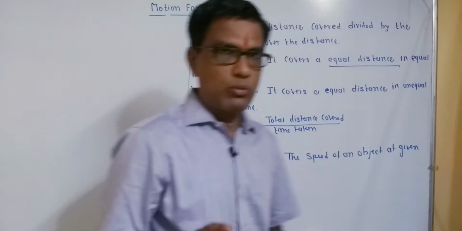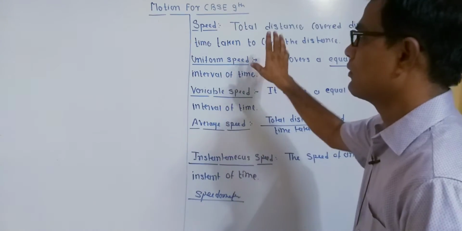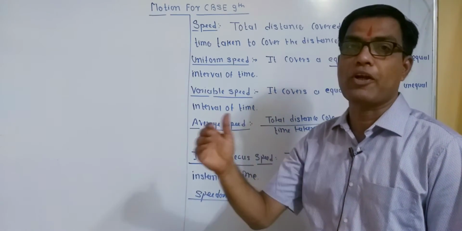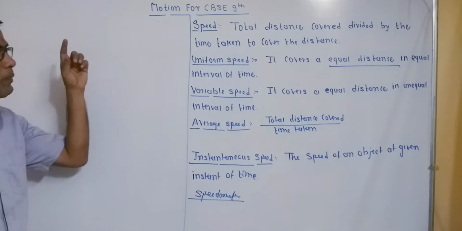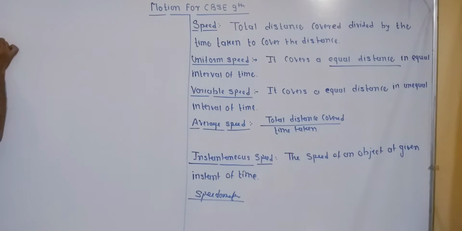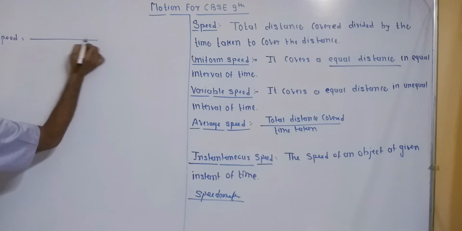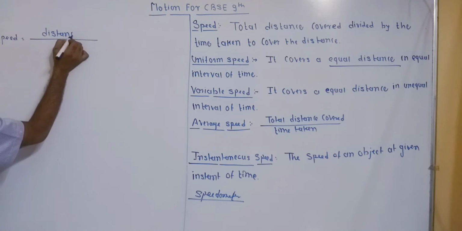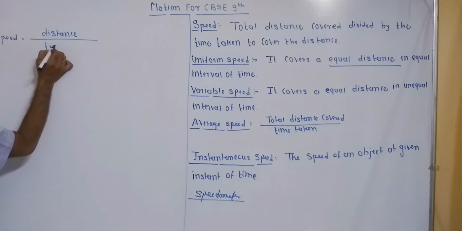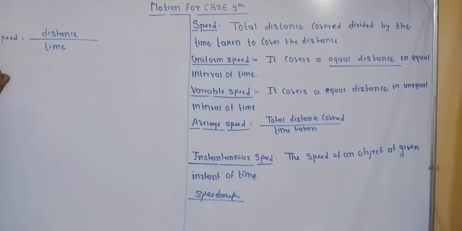Next topic of the motion chapter is speed. Then what is the speed of an object? Listen. Speed simply says distance upon time. Speed is equal to distance upon time. Unit of speed is